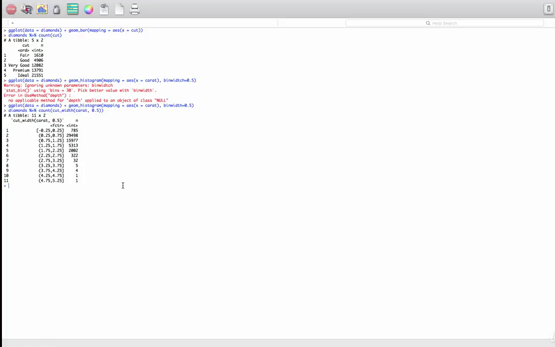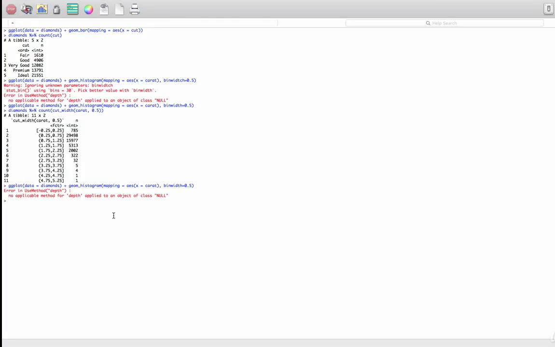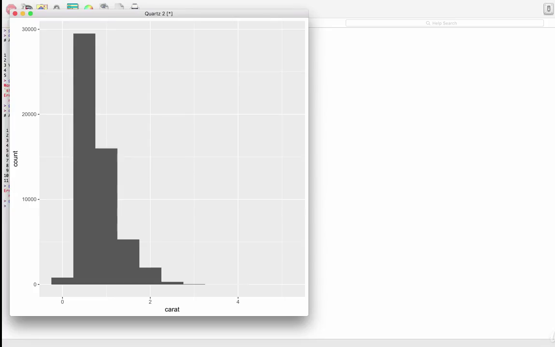A histogram divides the x-axis into equally spaced bins. So let's take a look at that again. No, what did I do? Binwidth. Okay. A histogram divides the x-axis into equally spaced bins and then uses the height of each bar